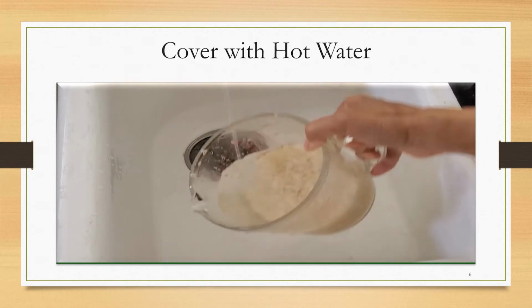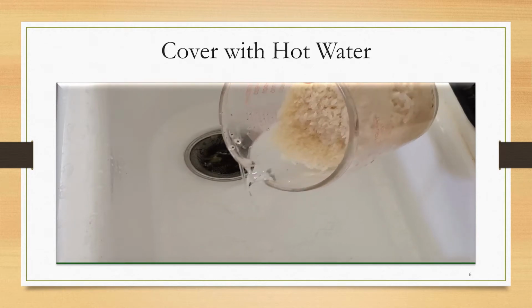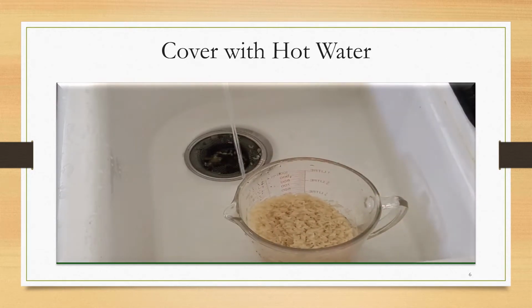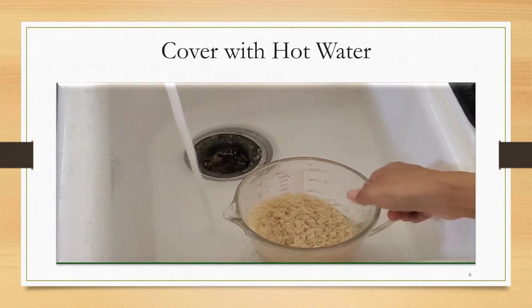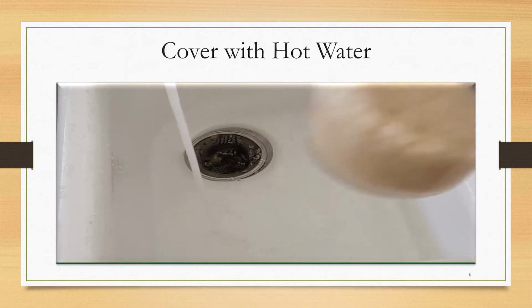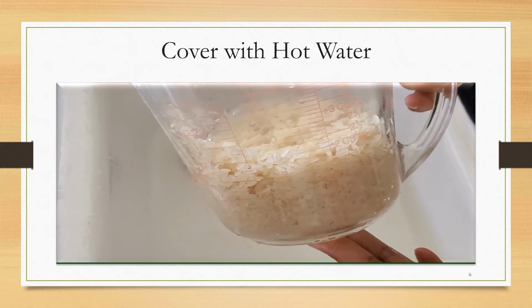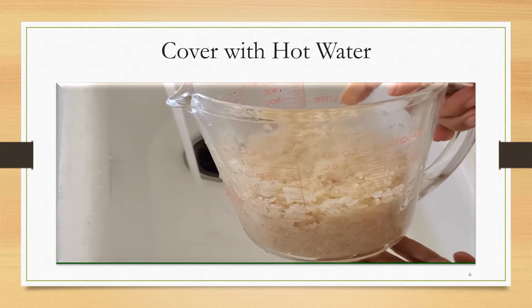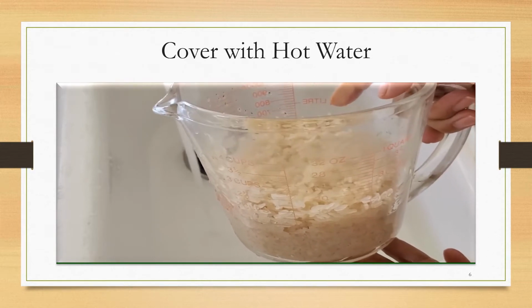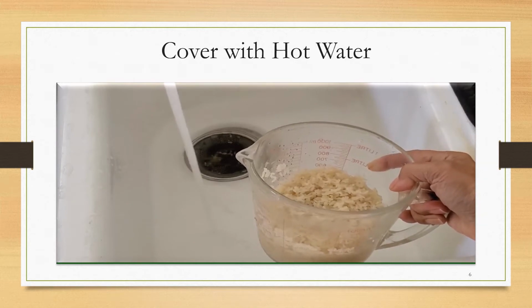So what I'm going to do now is I'm going to take this and pour this water off. Then I'm going to turn my water where it's going to be hot. So I'll get some hot water and I'm going to cover it with hot water. But what I'm going to show you is that if you look at the rice now, it's at 2 cups now. So it's absorbed some of the water, and that's what we want it to do, because that'll actually speed up the cooking time so that it won't take as long to finish cooking